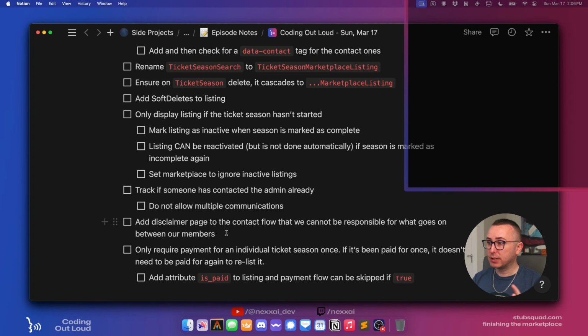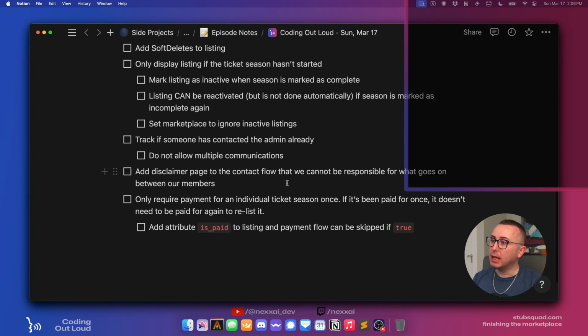All this communication is happening directly through emails between the two parties. We're not even involved in that back and forth. All we're doing is giving these people a place to find each other. We're not going to be responsible for what they do after the fact, because we have no way, at least right now, to verify that the admin has these tickets.